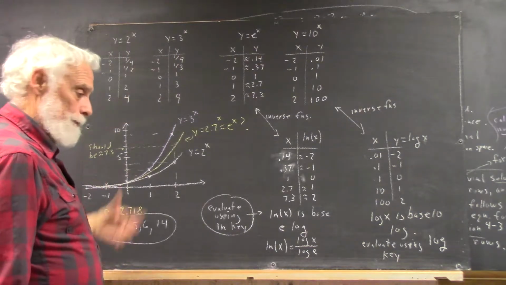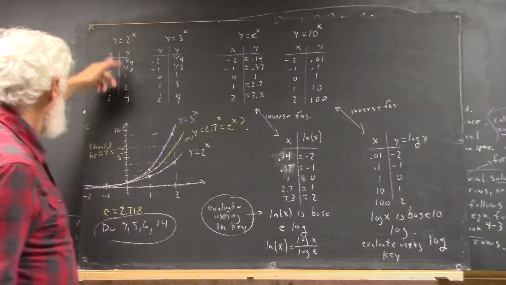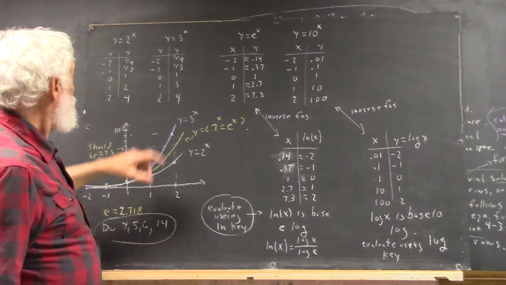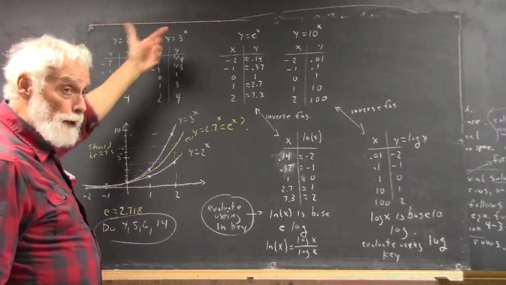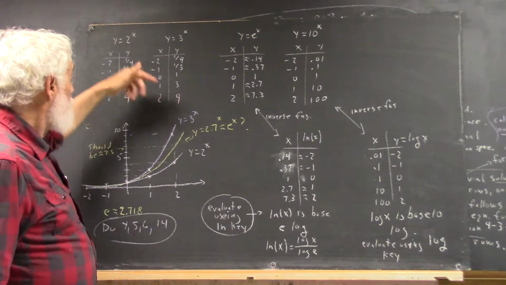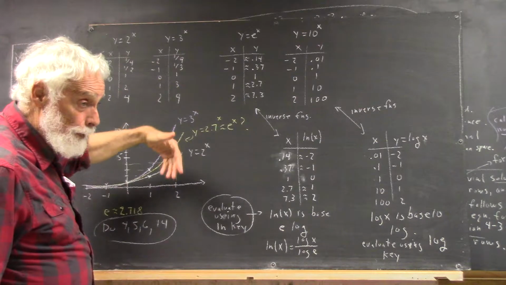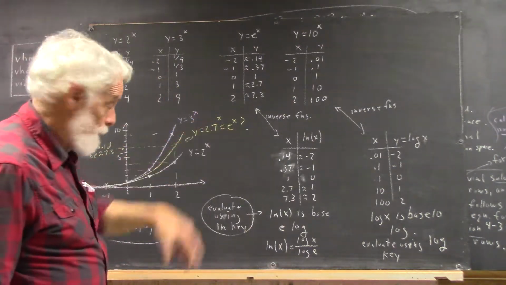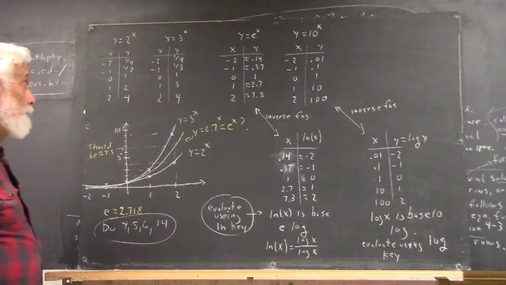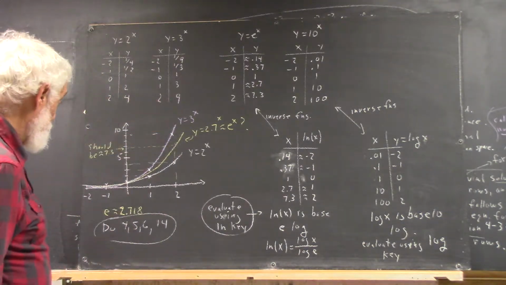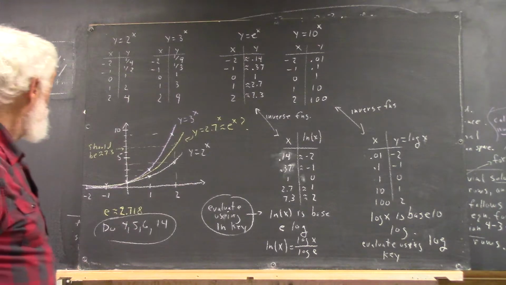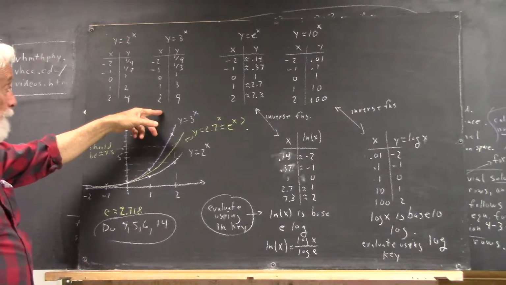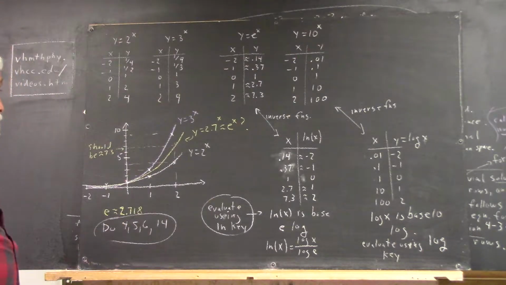Now, I did find that people apparently just memorized these values over here and still don't understand that 3 to the negative 2 should be 1 over 3 squared, and 3 to the negative 1 should be 1 over 3 to the first power, and also 3 to the 0 is 1, not 0. So we really need to understand those things. It's 2 months into the course here. It's something we're supposed to understand the first day of class. Okay, anyhow,